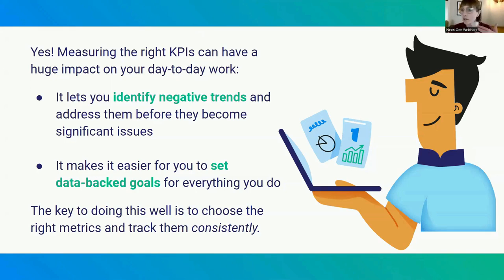And Colleen kind of called this out in the chat. When you are tracking the right metrics on a regular basis, you can identify and address issues before they get out of control. You can communicate with your supporters more effectively, and you can use your data to set more realistic goals for yourself and the rest of your organization.